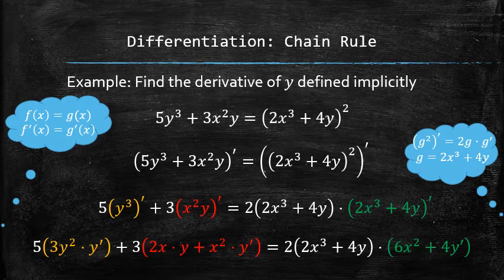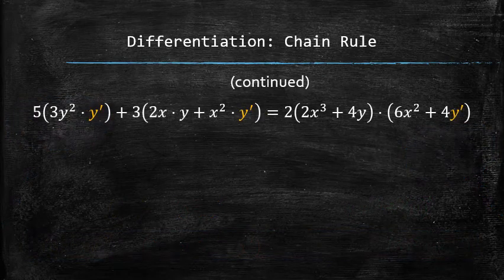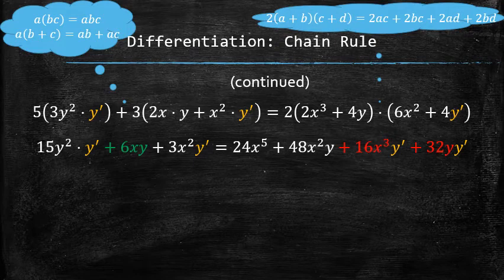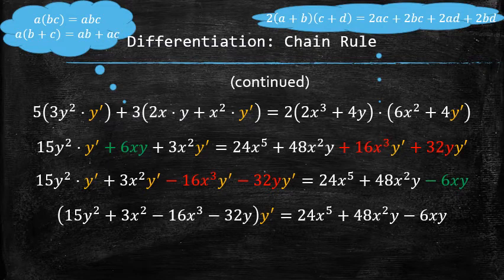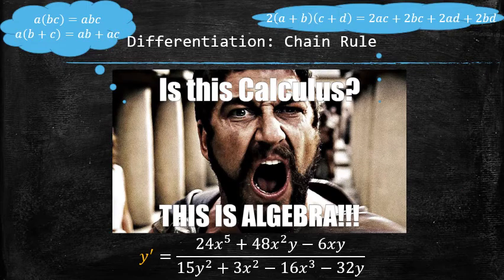Of course, since the function was given to us implicitly, the derivative, the way we found it, is also in implicit form. We can simplify it further, but the task of implicit differentiation ends here. To simplify, we expand the expressions on both sides, collect all the y primes on one side, and then combine the like terms and isolate the y prime. But keep in mind that this is not calculus but just simple algebraic manipulations. The task of implicit differentiation ended in the previous slide.